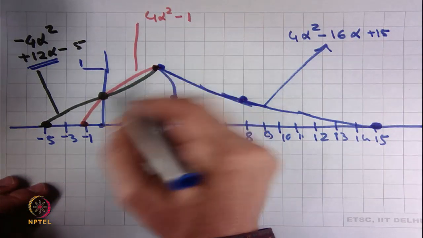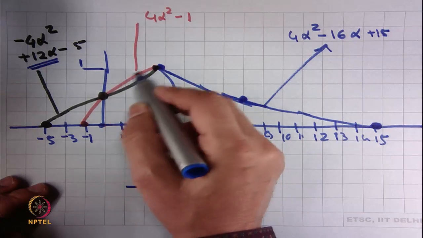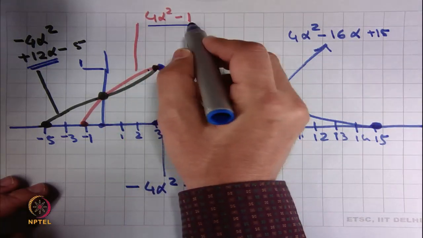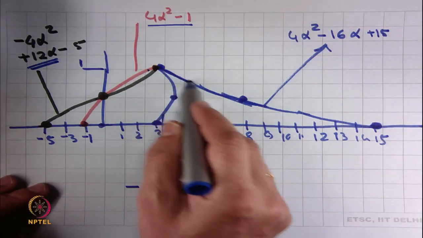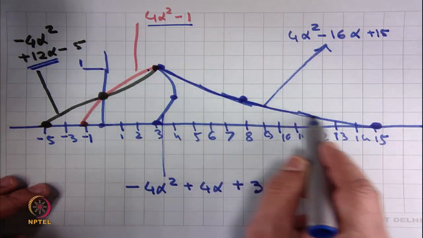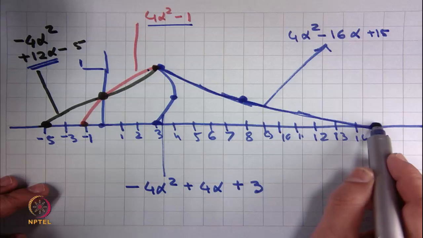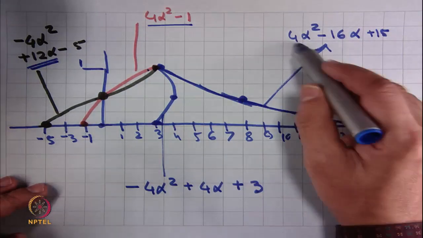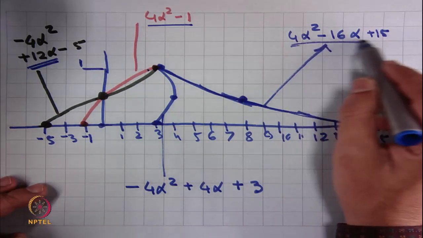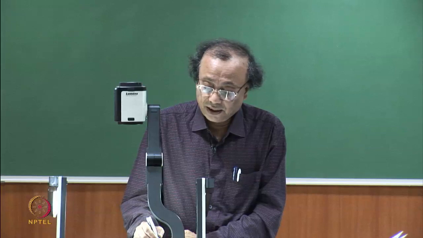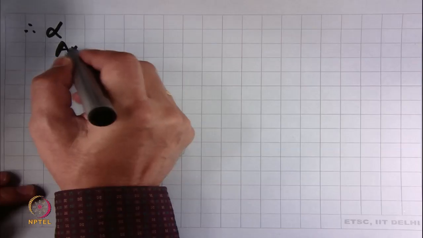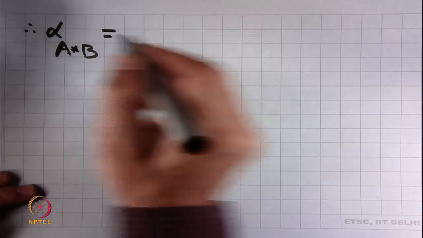Between half to 1, the minimum is given by 4 alpha square minus 1, but the maximum for the entire range of 3 to 15 is given by 4 alpha square minus 16 alpha plus 15. Therefore, alpha cutoff A star B is equal to